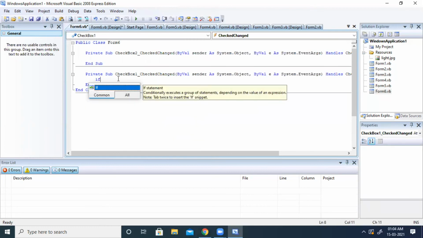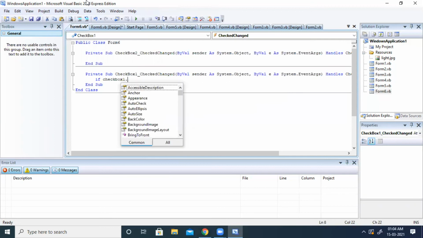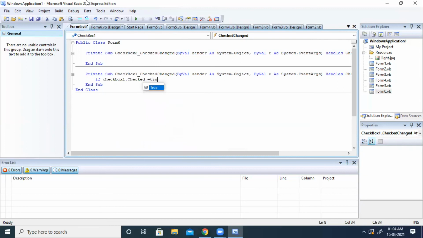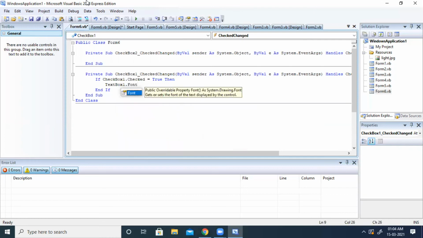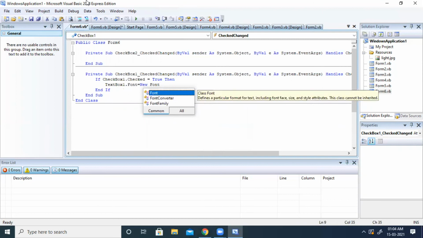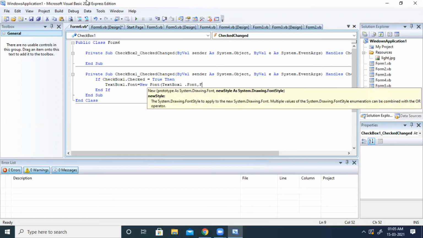So what I will write is: if checkbox 1 dot checked equal to true, then text box 1 dot font equal to new font, text box 1 dot font style.